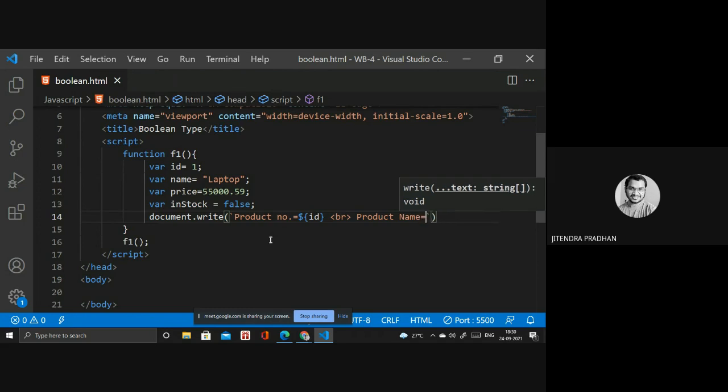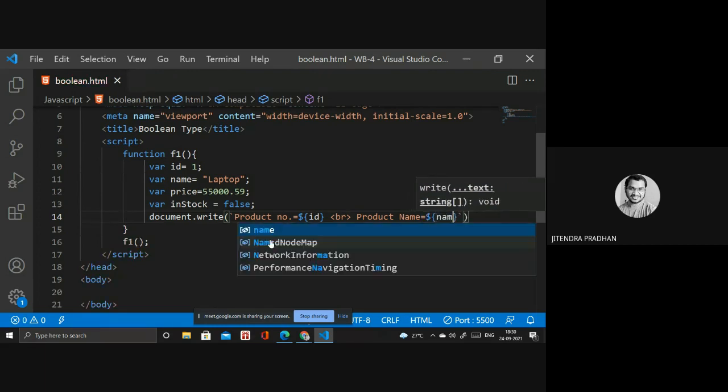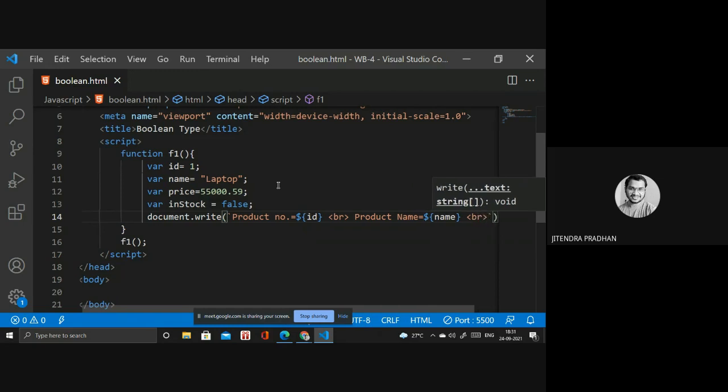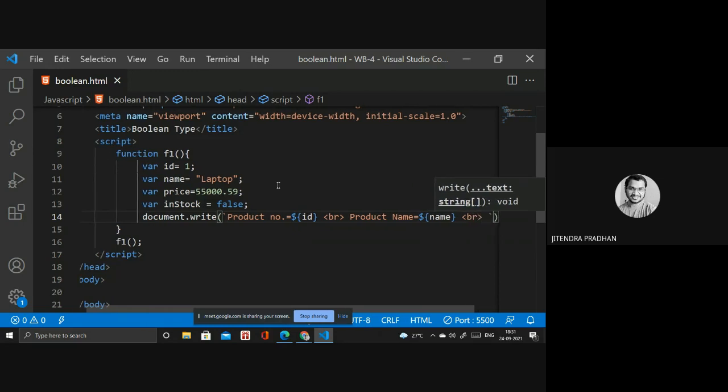Next, we have to write name. Name is my variable, which I will use inside that for writing the product name. Next, we take a line break and use the product price.